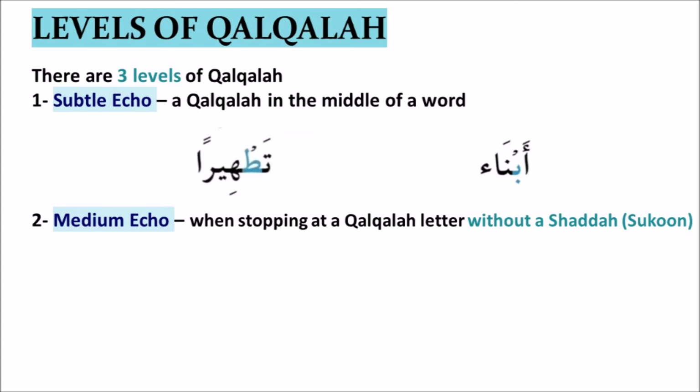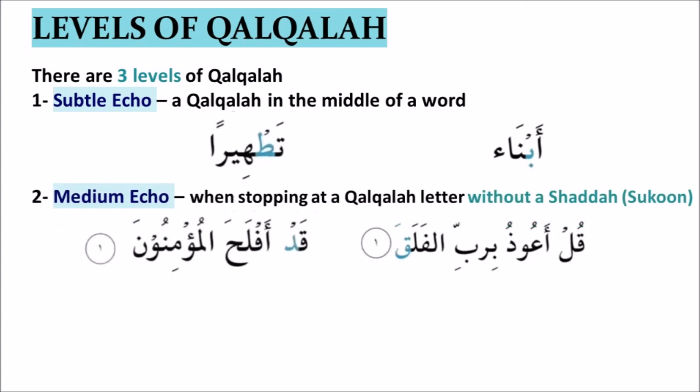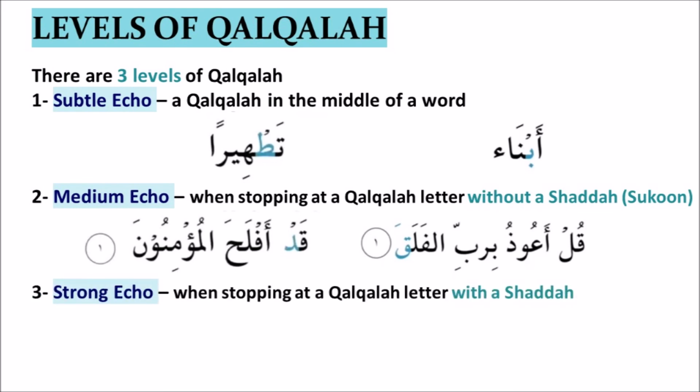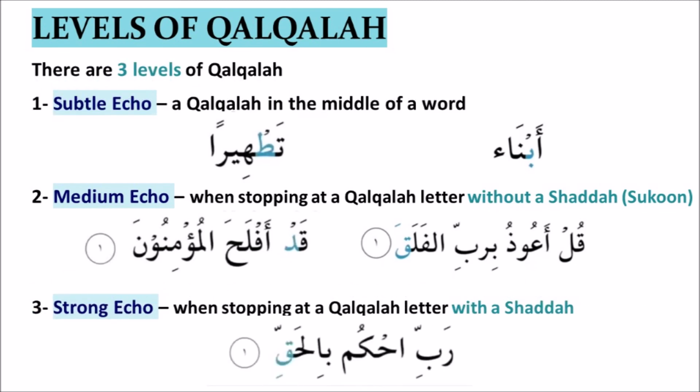have a temporary sukoon. For example, قل أعوذ برب الفلق قد أفلح المؤمنون. So on the qad, the sukoon is at the end of a word. Number 3, the strong echo when stopping on a qalqalah letter with a shadda. For example, ربهم بالحق